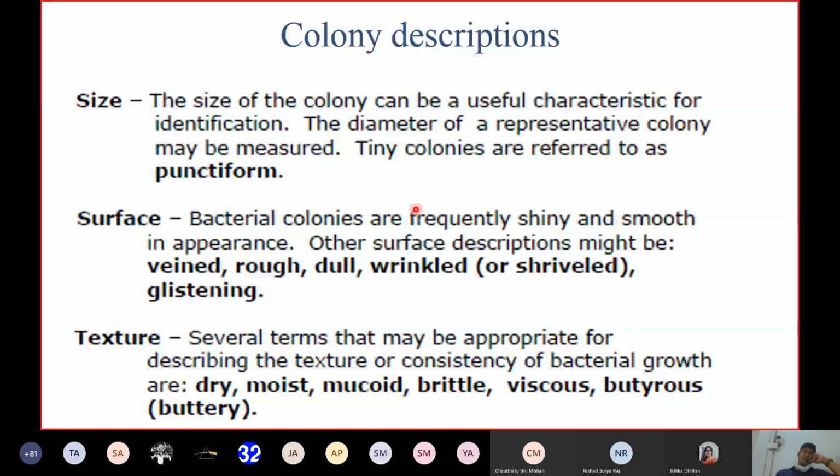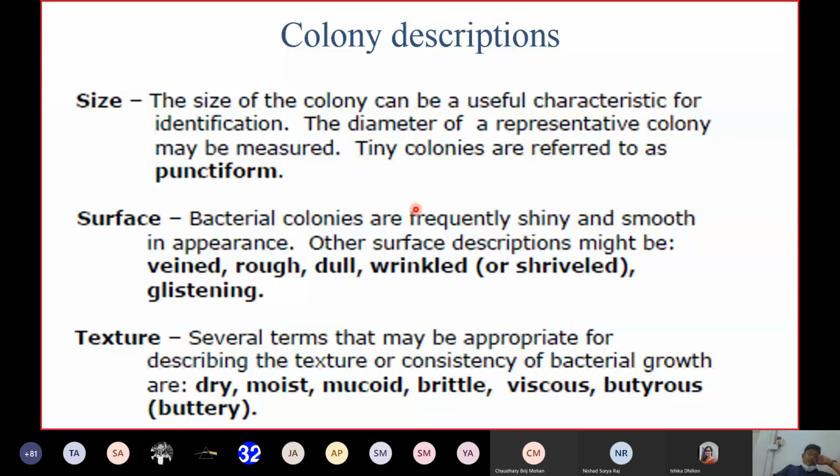We have the tendency, and you can see it somewhere, of saying small colony, tiny colony, big colony. But when that big colony is compared with another bigger colony, then again it becomes a small colony. So that is the relative thing. Whenever you are writing in your examination about the size of the colony, make a habit to write the diameter of the colony: approximately 1 to 2 millimeters, less than 1 millimeter for tiny colonies, 2 to 3 millimeters, more than 3 millimeters, 3 to 5 millimeters. That kind of habit you have to make. Mention the diameter instead of saying big, small, or medium colonies.